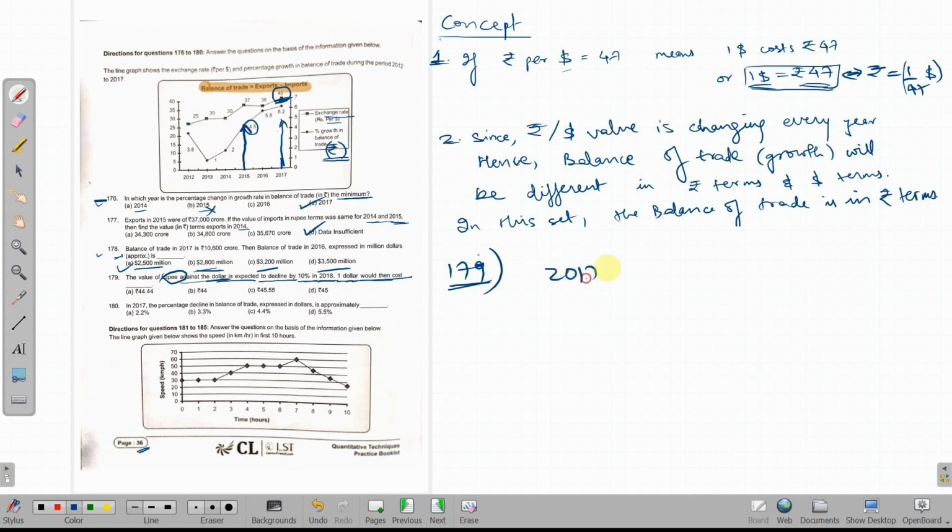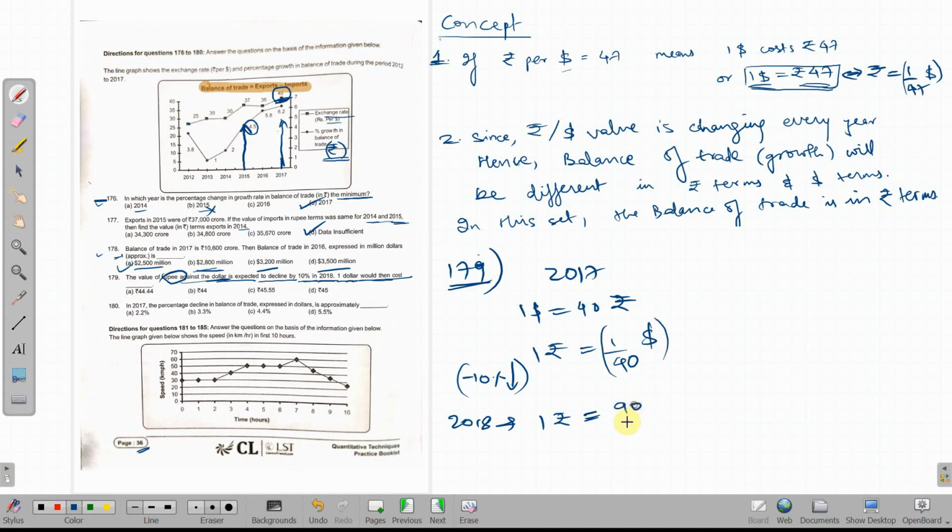So in 2017, $1 was equal to 40 rupees. So 1 rupee would be equal to 1/40 dollars. Then they say the rupee value faced a 10% decline. So 10% decline, matlab, can I say it will only become 90%? Yeah, it will only remain 90% of its value. So can I say in 2018, 1 rupee would decline, uska value will decline by 10%, matlab it will only remain 90% of its value. So 90 by 100 of